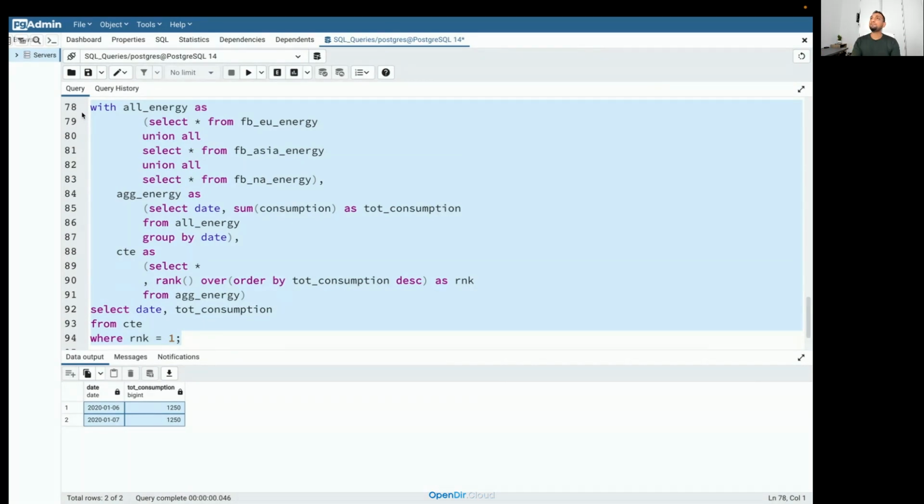Okay, so the time is 8:11 for me. I'm going to wait for 2 to 3 minutes. Let's see who can solve this problem. So remove the with clause and solve the problem using subqueries. That's it.